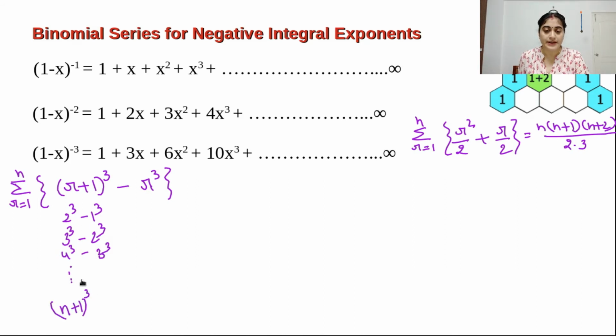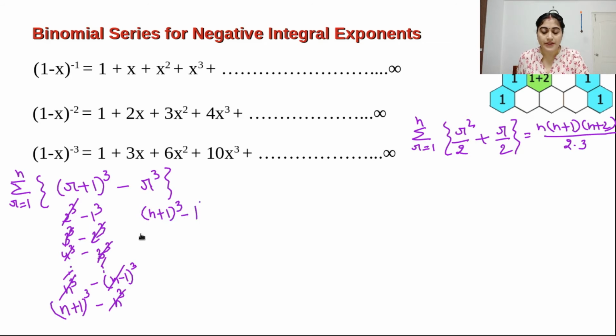Here one greater term is there, here one less term is there. So this will be minus n whole cube, and this term is n cube minus n minus 1 whole cube, like that. Here we can see all these terms cancel out. The n minus 1 term will cut, and this n cube will cut here. So what is left is n plus 1 whole cube minus 1.